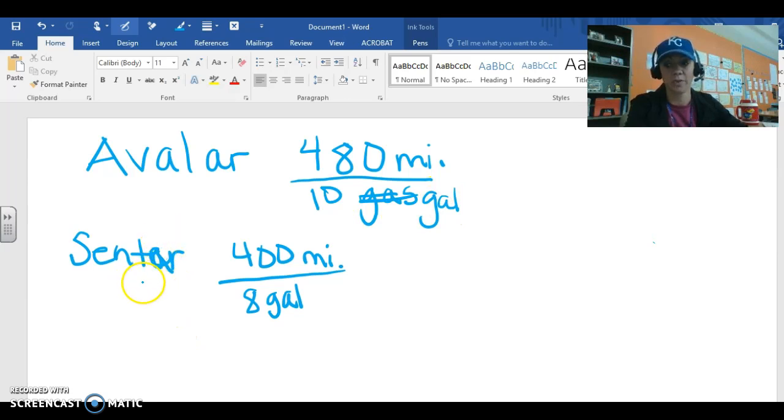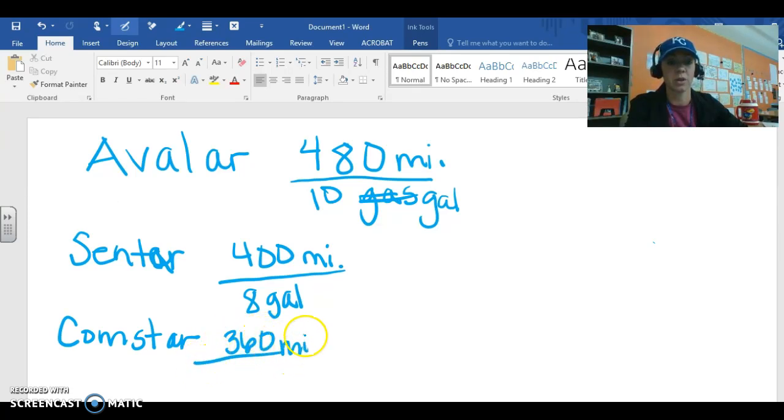All right. And finally, we have the Comstar. And the Comstar can get 360 miles, whoops, let's label that, on 9 gallons of gas. So we have to figure out which car gets the best mileage so we can pick which car we really want. So you can use your calculator if you need to, but to find the mileage of the Avalar, we